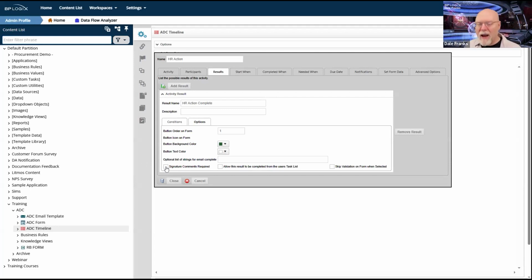And they're going to have to tell us in a signature comments field. So we have a signature comments field on the form. We haven't done much with it, but we are now going to require it for this result. It's the only result HR can give, which means that HR will always have to provide signature comments that inform us as to what HR activity occurred.